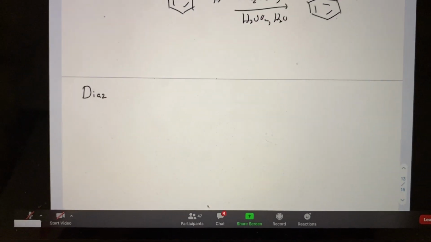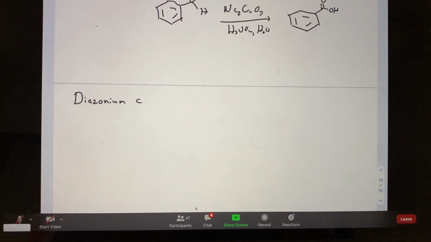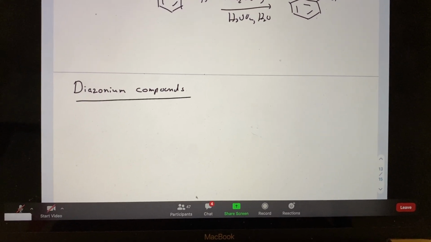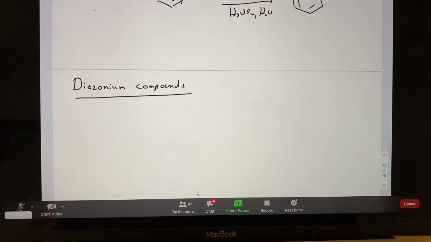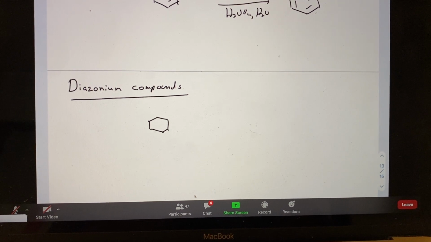potent type of a compound. But we're not going to go through it in any detail. But just so if you're in a casual conversation with your friends, you can talk about these diazonium compounds. And basically what this is, we can take an aromatic